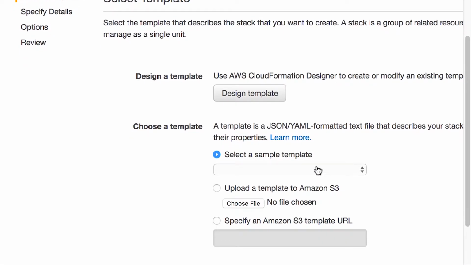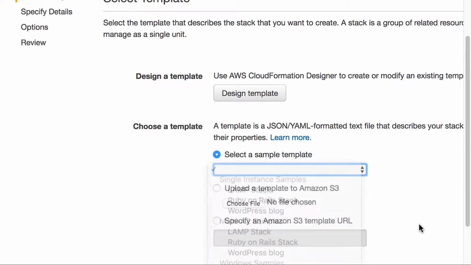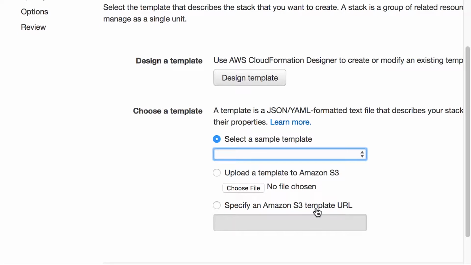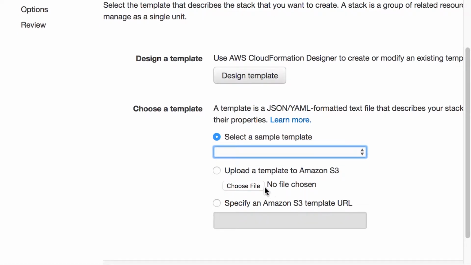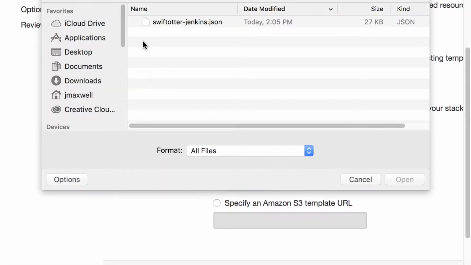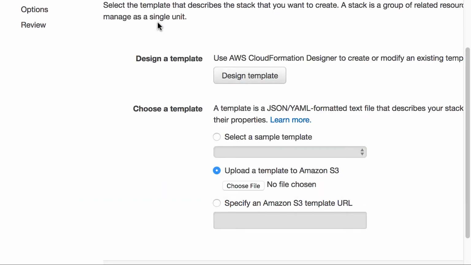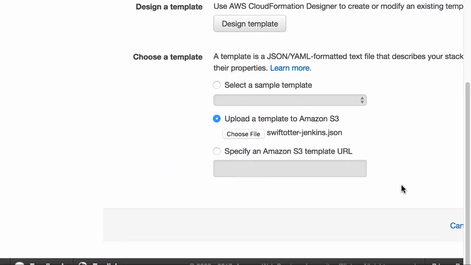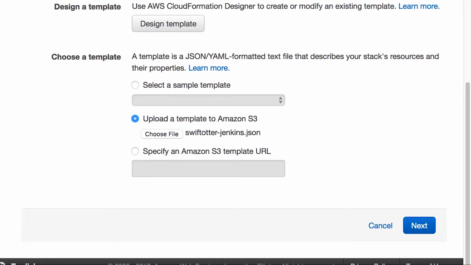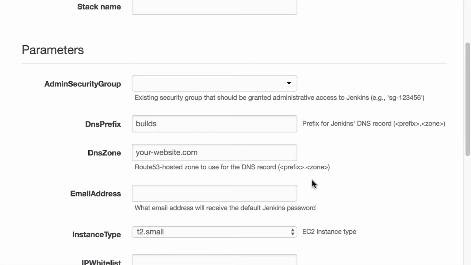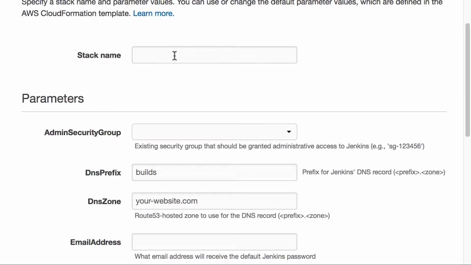There's some other options. You can choose a sample template, or you can specify a S3 URL, but we're just going to choose template from our local computer. Basically, you're going to download the gist that I created, download it, just save it to somewhere on your computer. We'll name this something fancy,